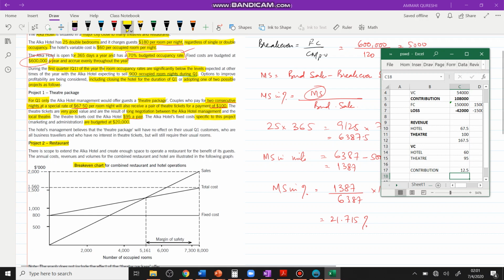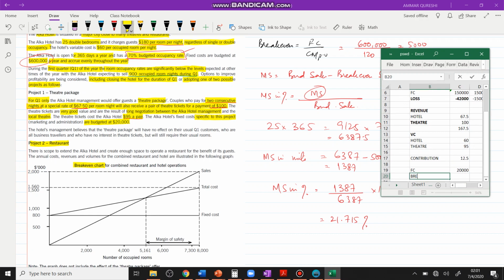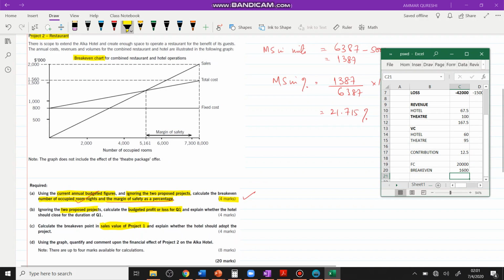And what is the specific fixed cost? 20,000, right? So that means fixed cost is 20,000, right? So the break even point is this fixed cost divided by contribution. So at least 1600 room nights are required if company wants to achieve a break even, because they have to incur 20,000 fixed cost, right? And they will just earn 12.5. So ideally 1600. If someone asks me to explain whether hotel should adopt the project or not,